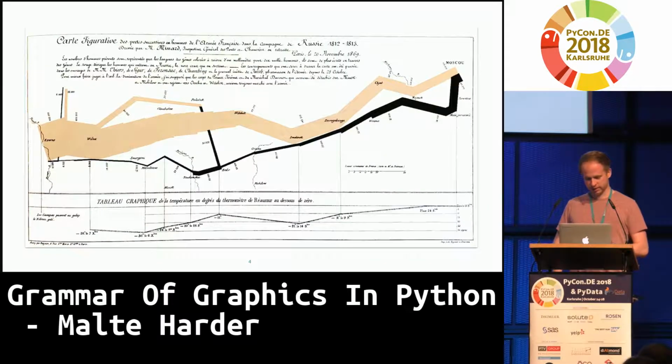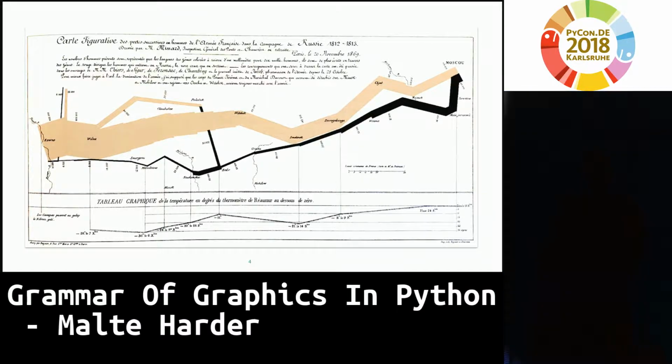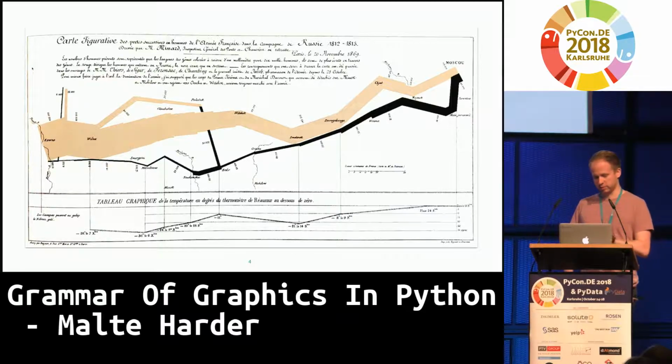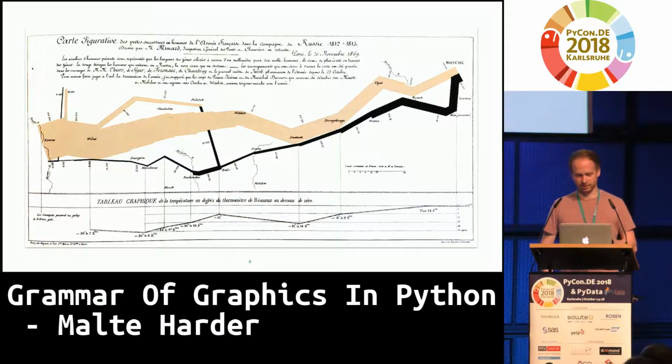There's another old visualization shown in there, which is quite famous, by Charles Minard, also from the 1860s. He visualized Napoleon's campaign in Russia, and it shows how the armies, the divisions, are decimated on the way there, and there's also their retreat. You can see rivers that were crossed, and you also see the temperature and the days. There's a lot of information shown in this graphic. What I want to do today is recreate this graphic in Python,